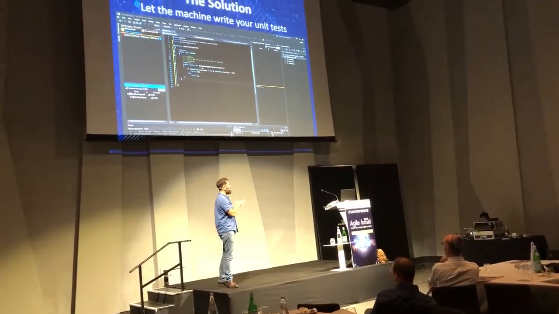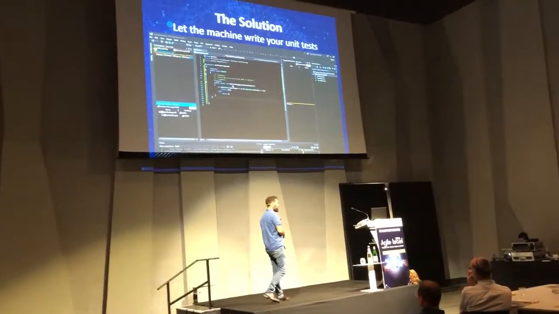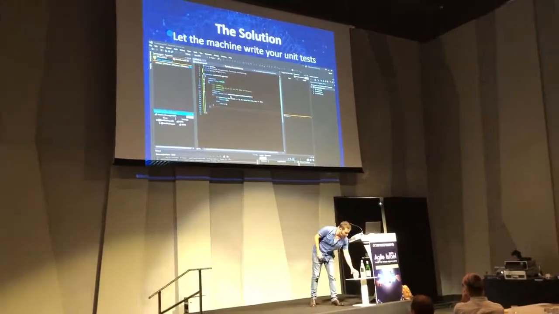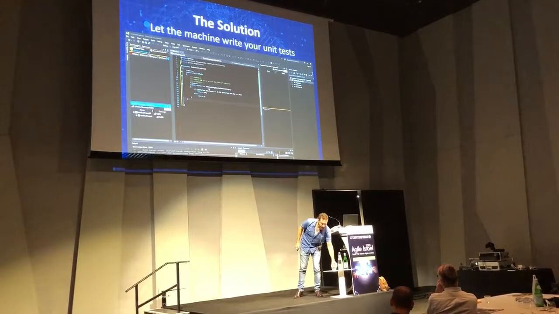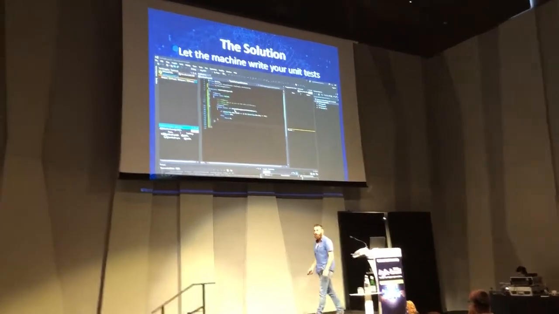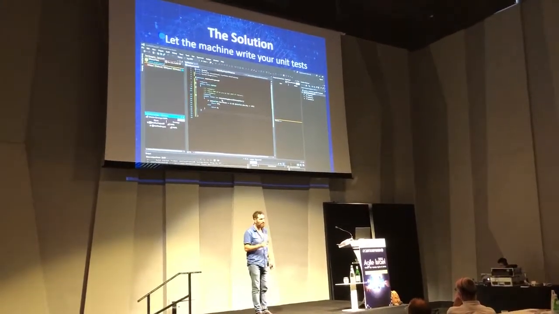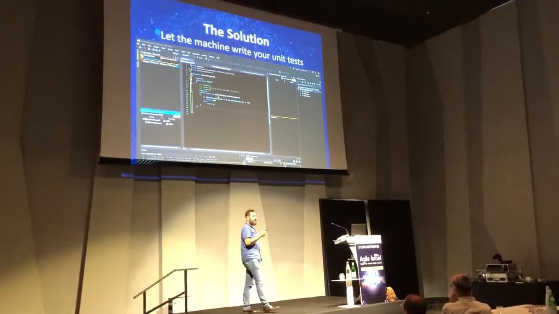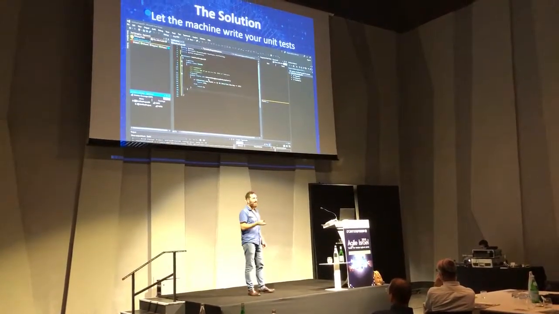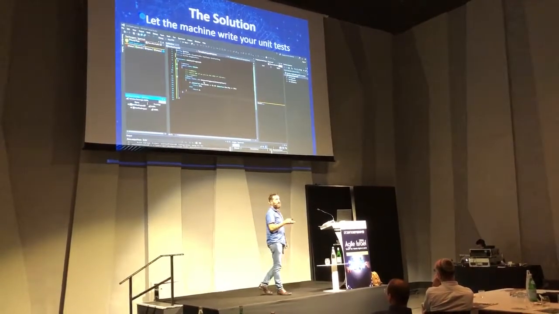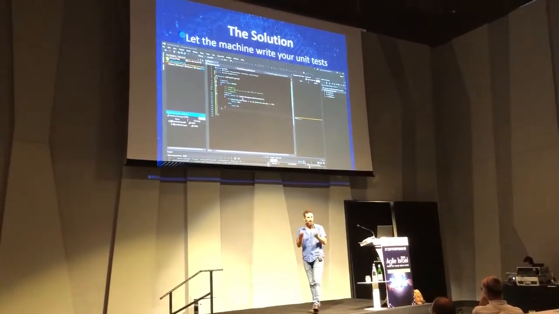I'm going to go a bit into what kind of technology you need in order to get to this kind of solution. So the first thing I want to say is that covering your legacy code with unit tests is not the same as TDD, as writing the tests from the beginning. Because, as somebody said before, it's legacy code. It has been run already live, in production. It probably works. So you don't have to think about whether it works or not. You just have to cover it with tests to make sure that it continues working.